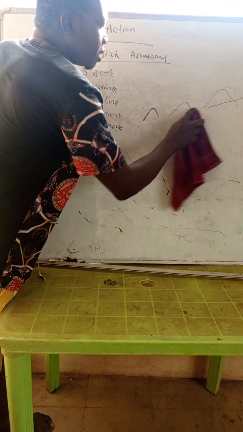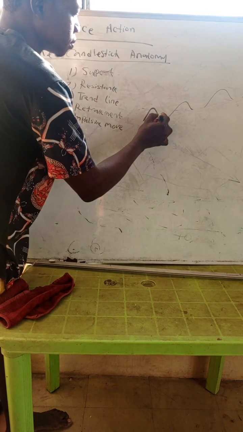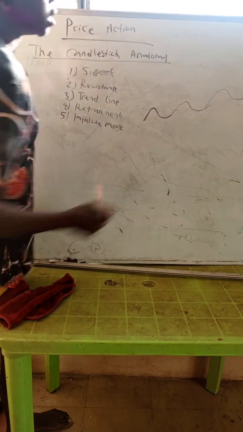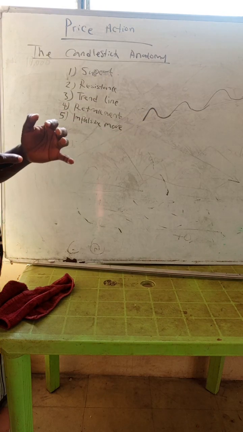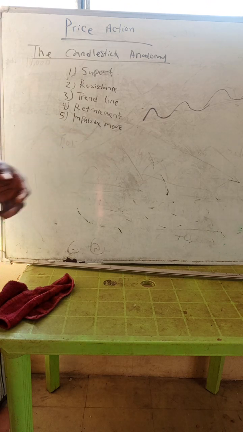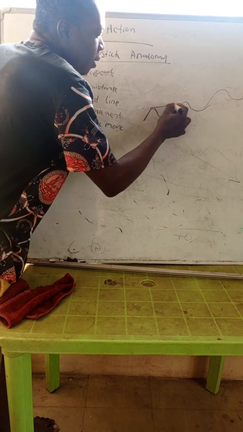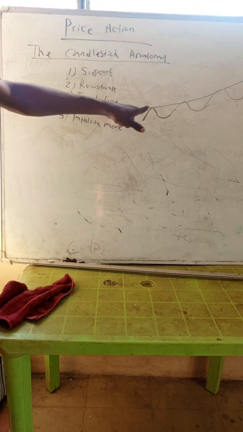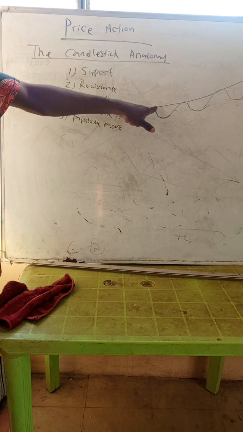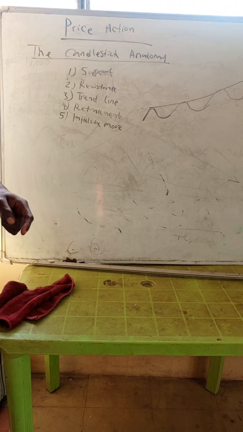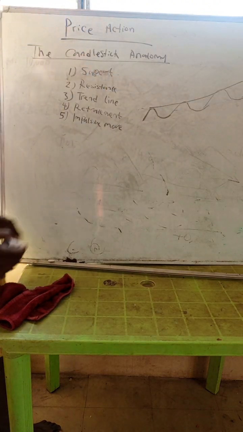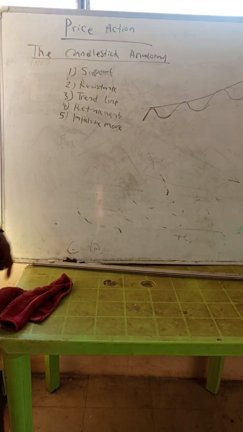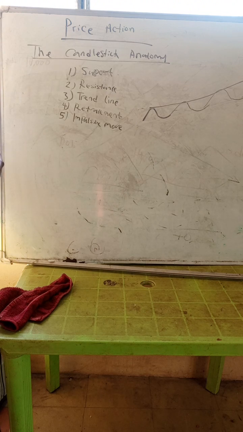So let me clean the trend line. Now, you can be used to connect all the supports or the lows, or the resistances or the highs. Now you can also draw it like this too. You see how the trend line was used to connect all the resistances, at the point in the market where the price failed to go any higher. So I connected here, here, and here. Do you understand that? So I used it to connect all the highs of a trending market.